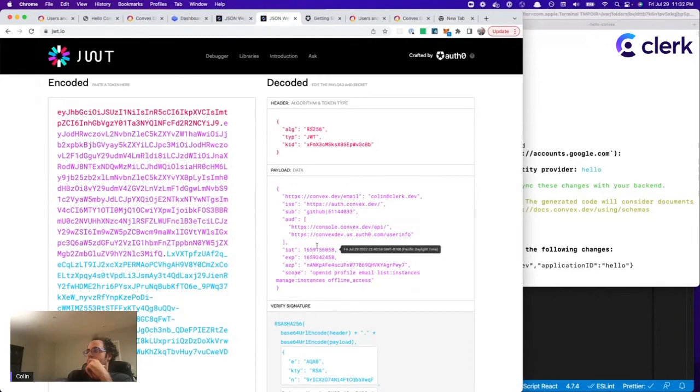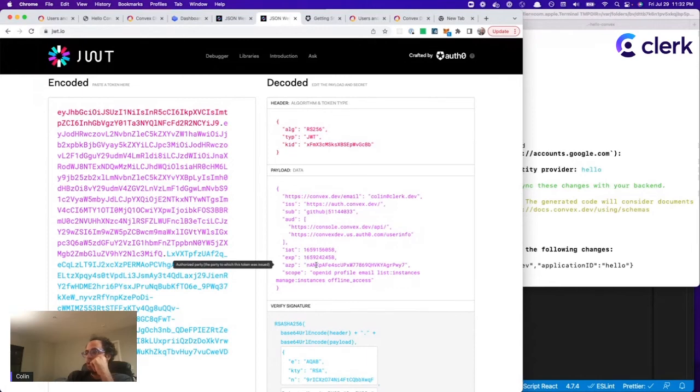Theirs is set there. I mean, that's supposed to be a thing. They have sub, we have sub. They have AUD as an array, which we do not have. I guess that's the next thing I'm going to steal, because we also have IAT, which is issued at, EXP, which is expiry, and then AZP